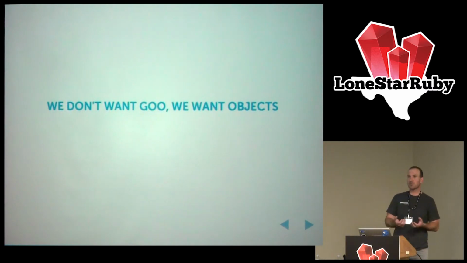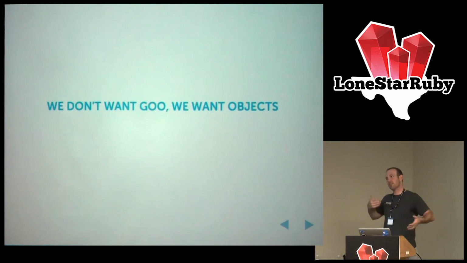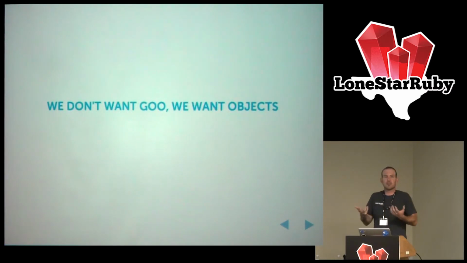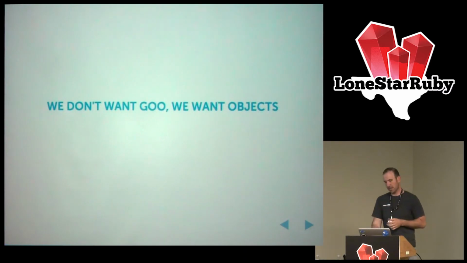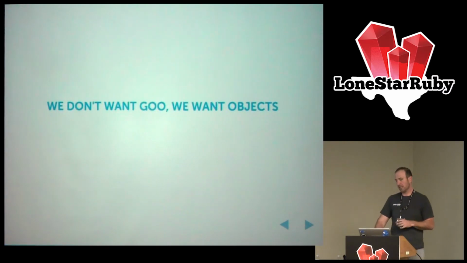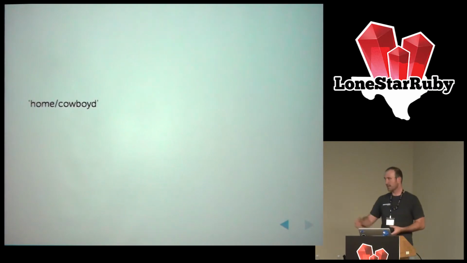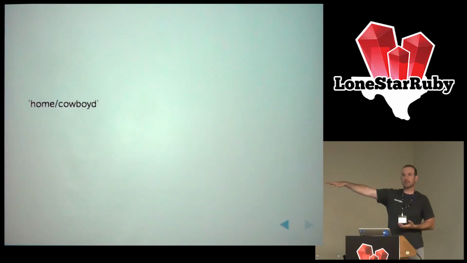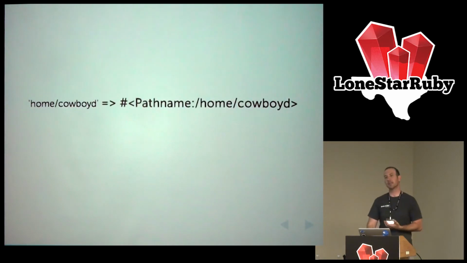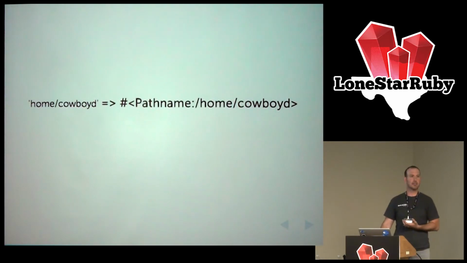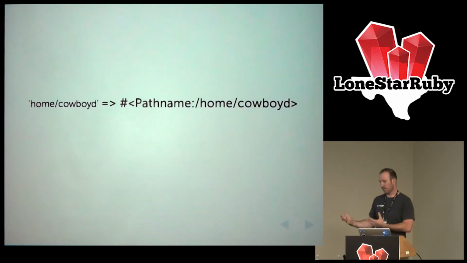This is a problem as you find strings getting very, very far into your program, and they're just difficult to work with because there's nothing encoded in them other than that one byte comes before the other. And so we want to front load the extraction of that information. I constantly have a problem with this. For example, I've got this string, and it's just a string, but what I really want is a pathname object that represents the fact that this is a path.